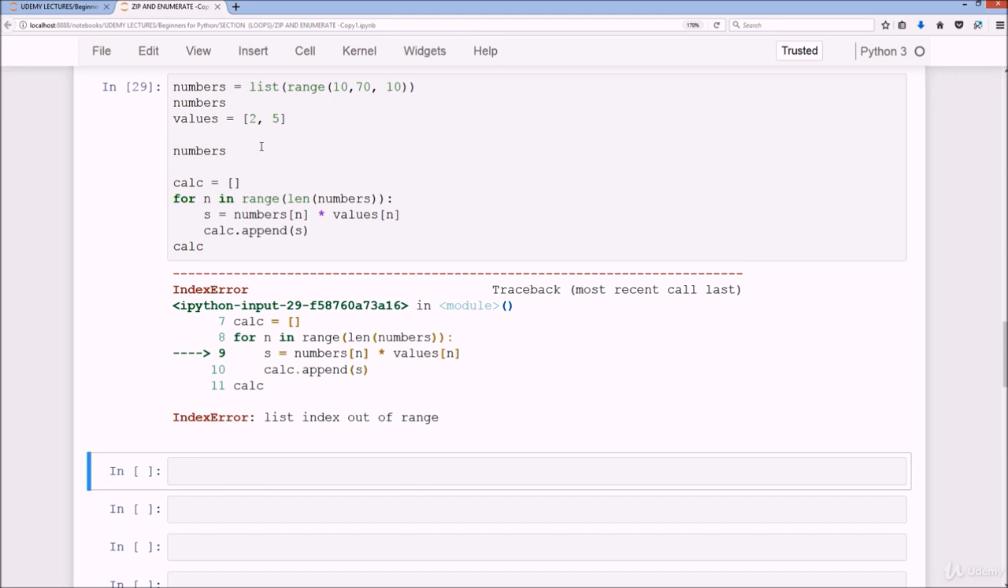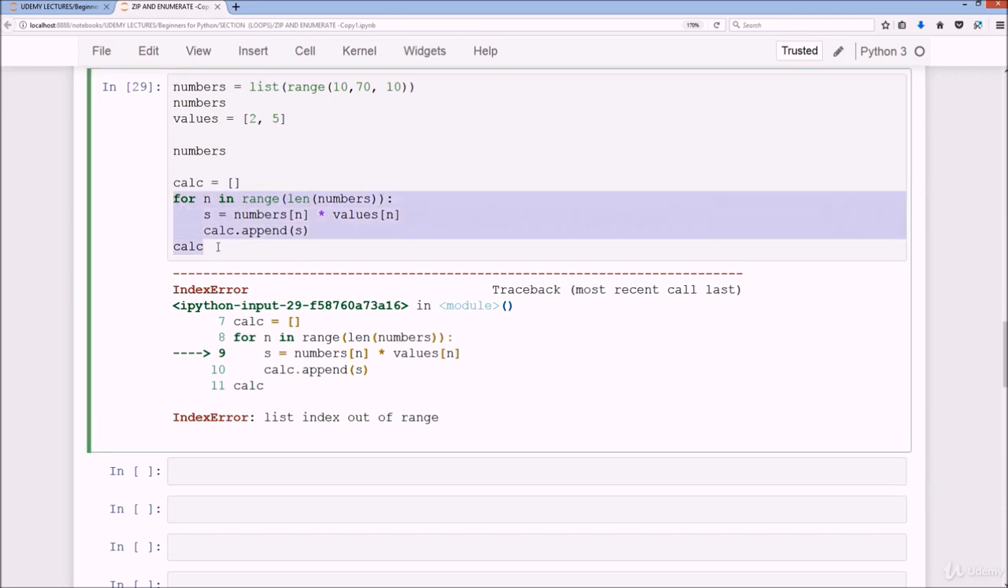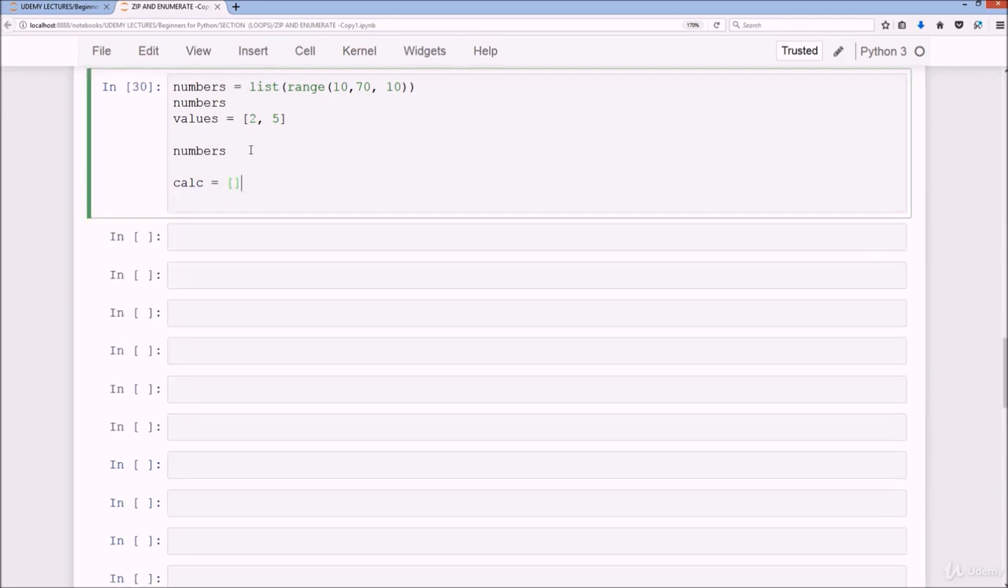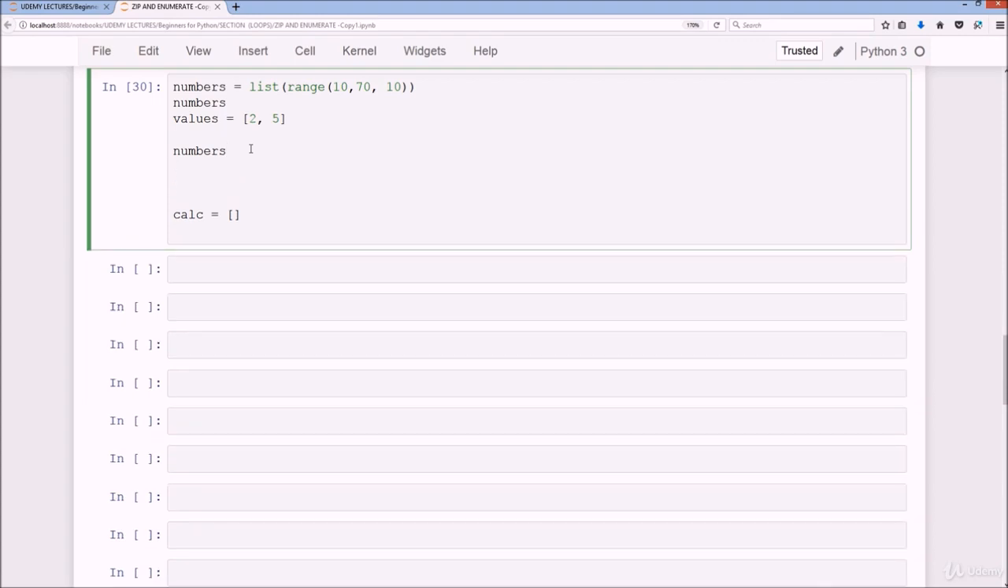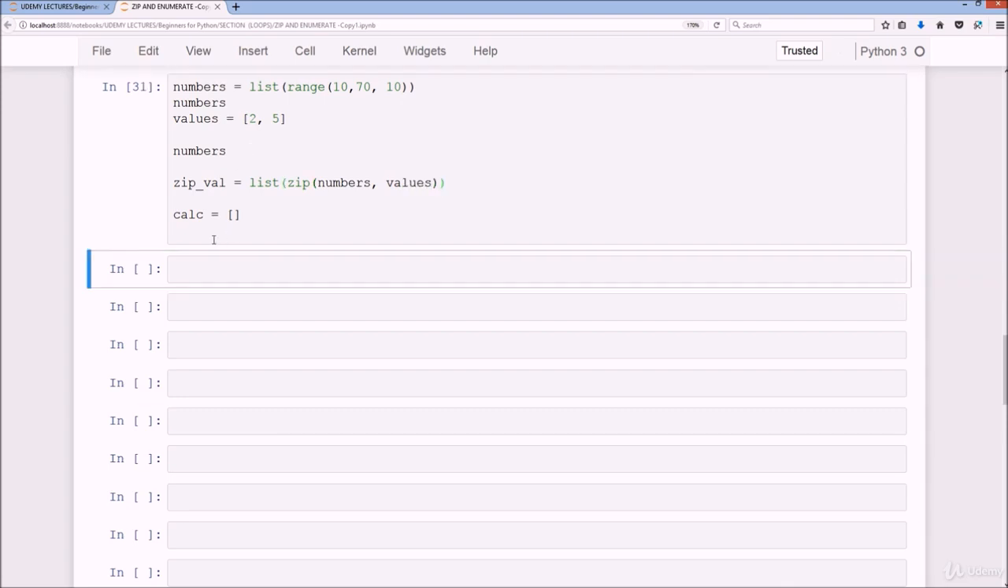So we have a bit of a problem here. There's a way to remedy this potentially, and that is if we were to simply delete this code here for starters, and we do the zip. So what we do is zip_val equals list zip numbers, values. We run that, and then if we take a look at zip_val,